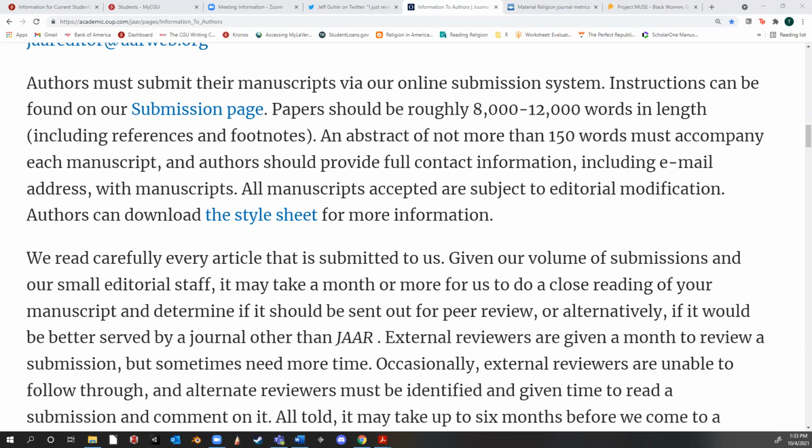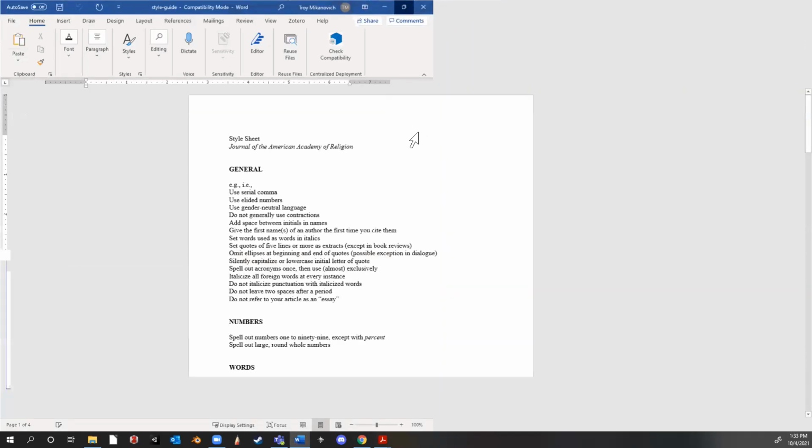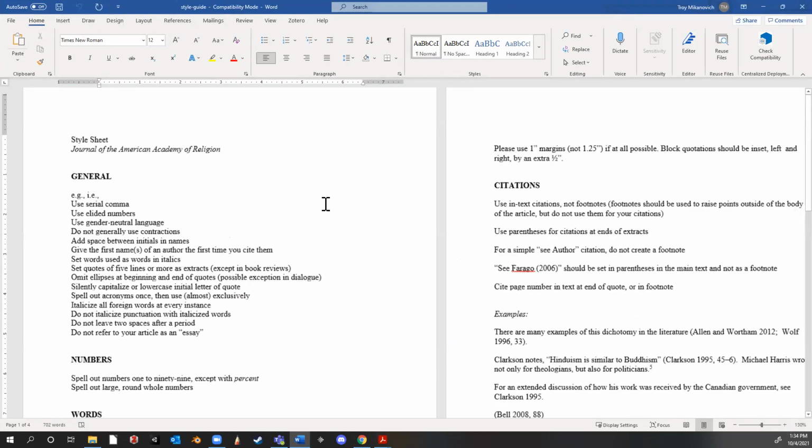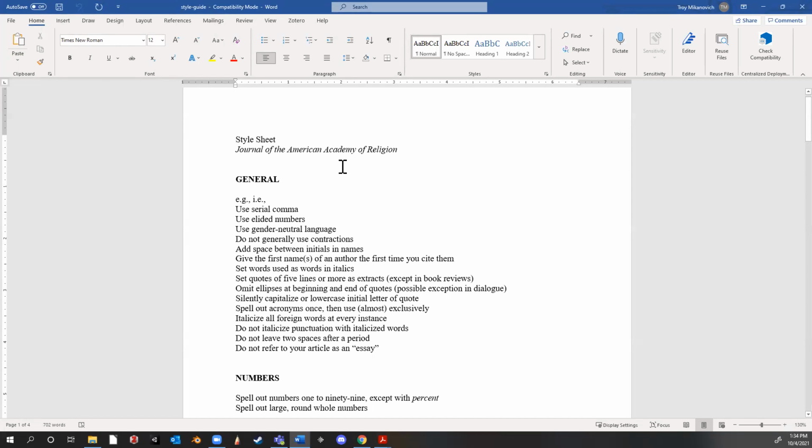There we go. Where they will tell you specific information about the style of the journal that you're publishing in. Right now, most of these journals follow either APA or Chicago or MLA or IEEE. But again, because there's such strict page restrictions on all of this, usually there's some element of a house style involved too. So a lot of times they'll have a style sheet where they'll give you general information about how